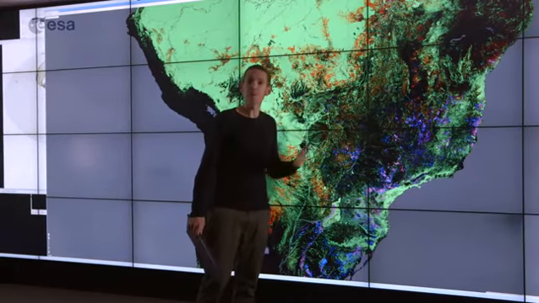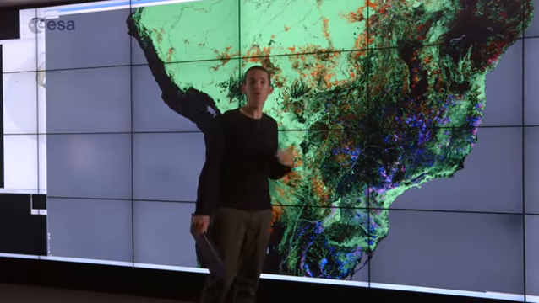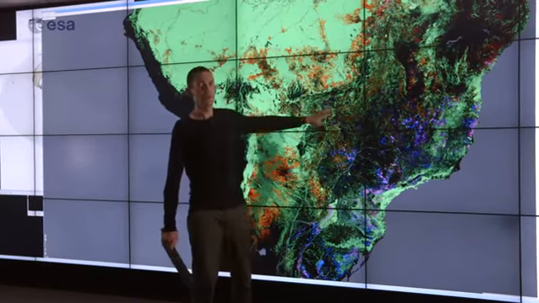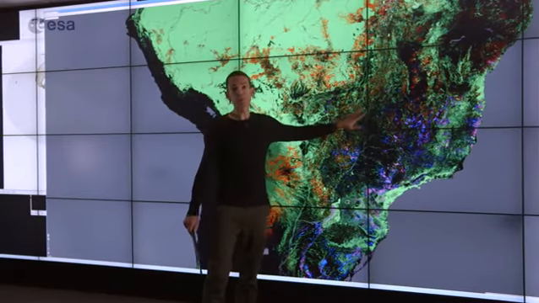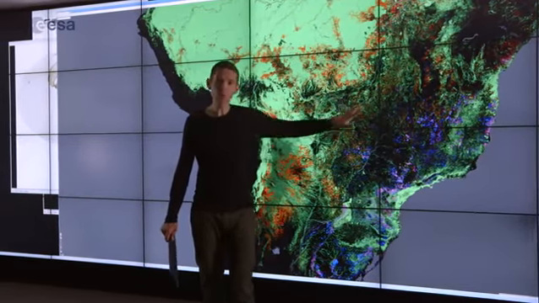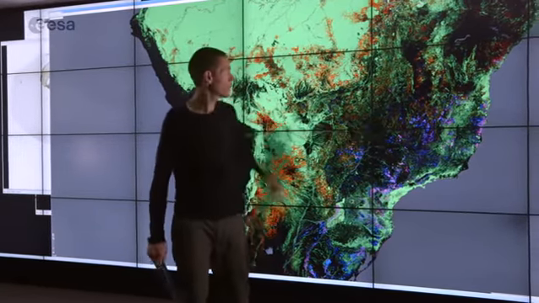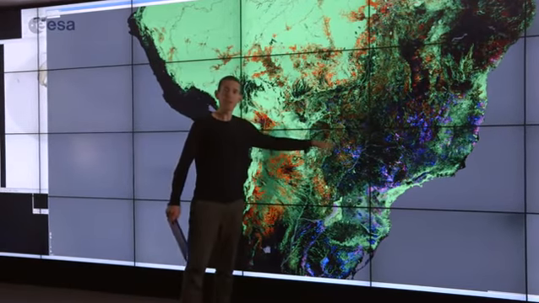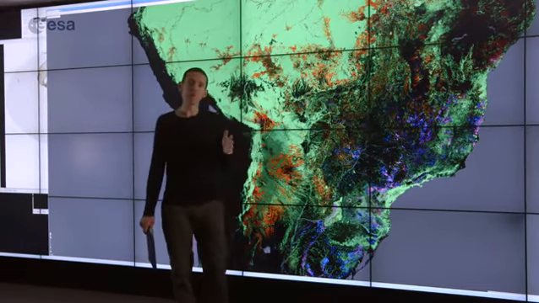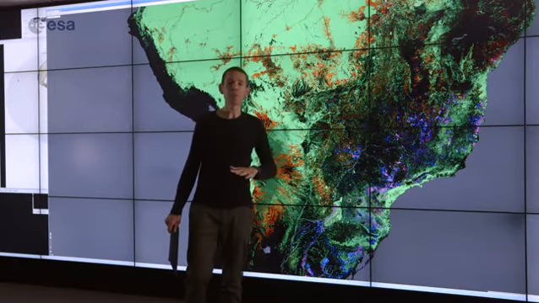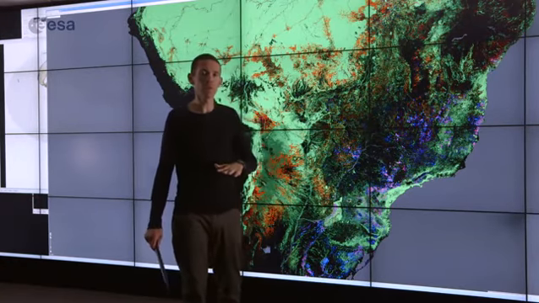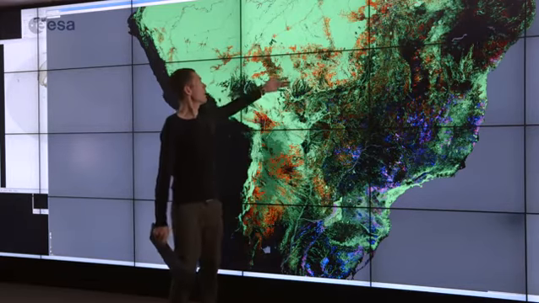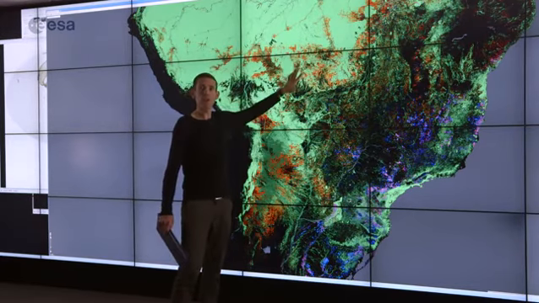Now that might sound a bit odd. We all know that there's forest loss going on all over the world, particularly in the tropics. But there is also forest being replanted, partly for agricultural reasons, but also partly for forest restoration programs. The pink regions we have down here are areas where there's been both loss and gain during the period from 2000 to 2012. So what this map illustrates is, first of all, that we can see large swathes of forest